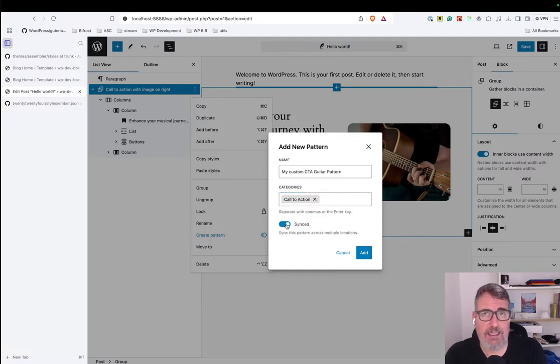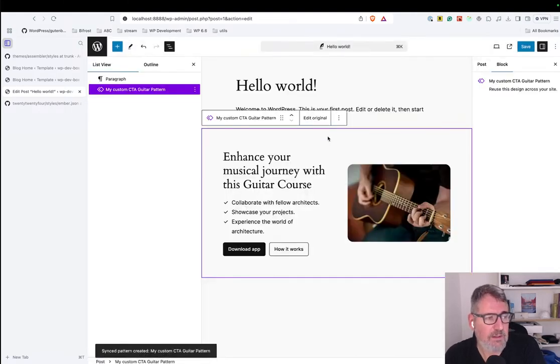And I can select here whether the pattern I'm creating is going to be synced or not. This is the default behavior for the patterns that already existed in the theme, but I can create a synced pattern. So if we create a synced pattern, now I can insert this pattern in different places. For example,